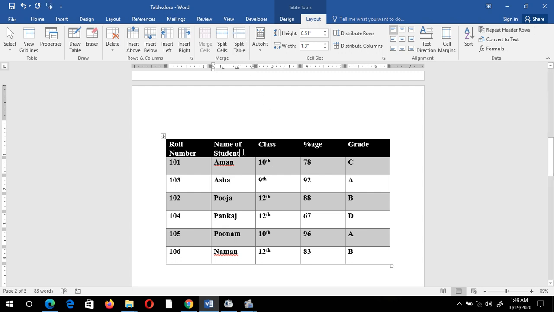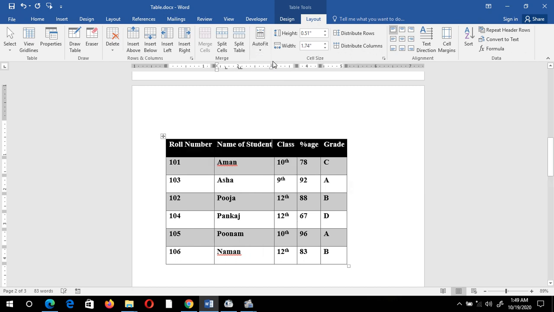Suppose I want to choose the auto fit to content for this column. I need to keep my cursor here and select the auto fit content option. You can see this particular column, the content is automatically fit here.